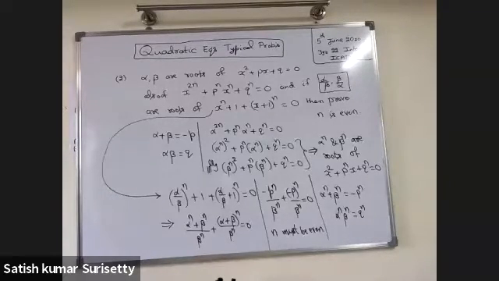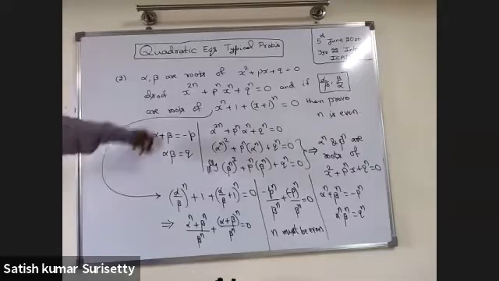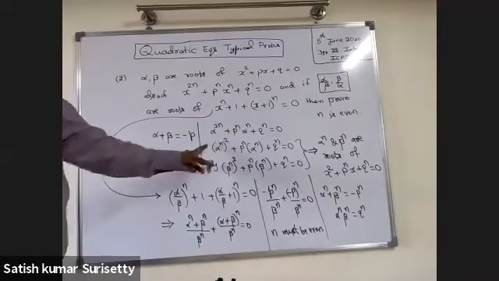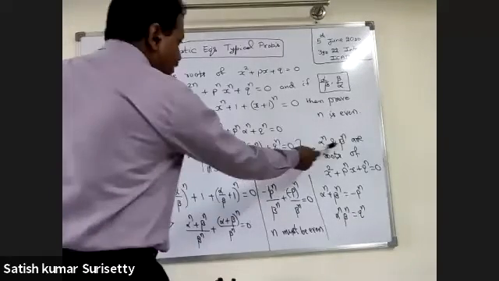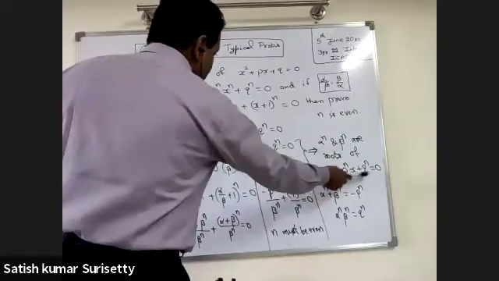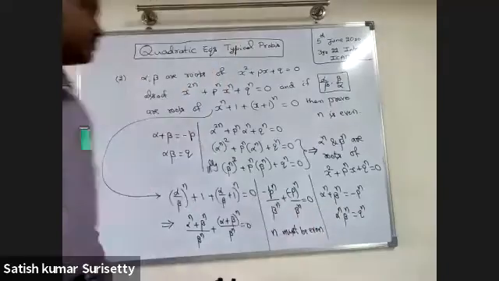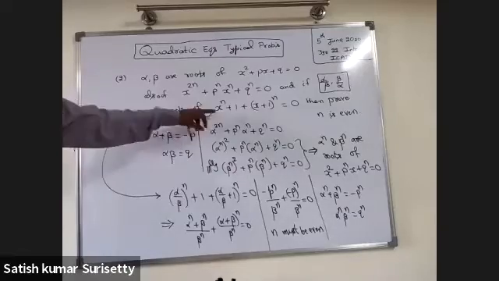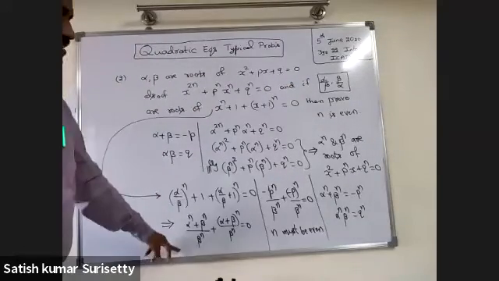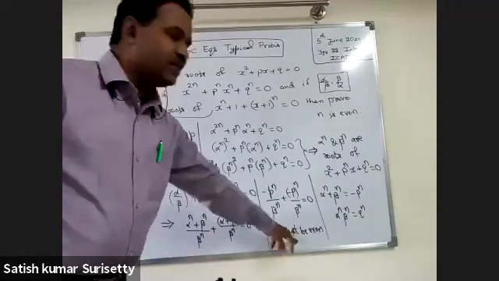So we are writing the sum of the roots, product of the roots. And we are substituting alpha and beta in this equation. And from these two equations, we are concluding that alpha power n, beta power n are the roots of x square plus p power n x plus q power n equal to 0. Then you can write the sum of the roots as well as the product of the roots. Now you replace x with alpha by beta and then simplify. So this will be satisfied only when n must be an even integer.